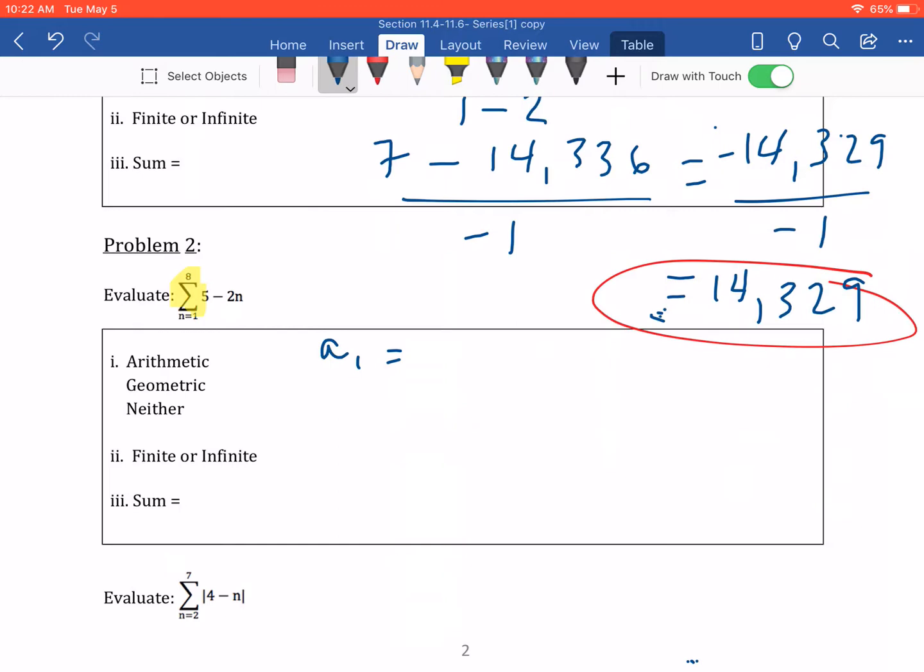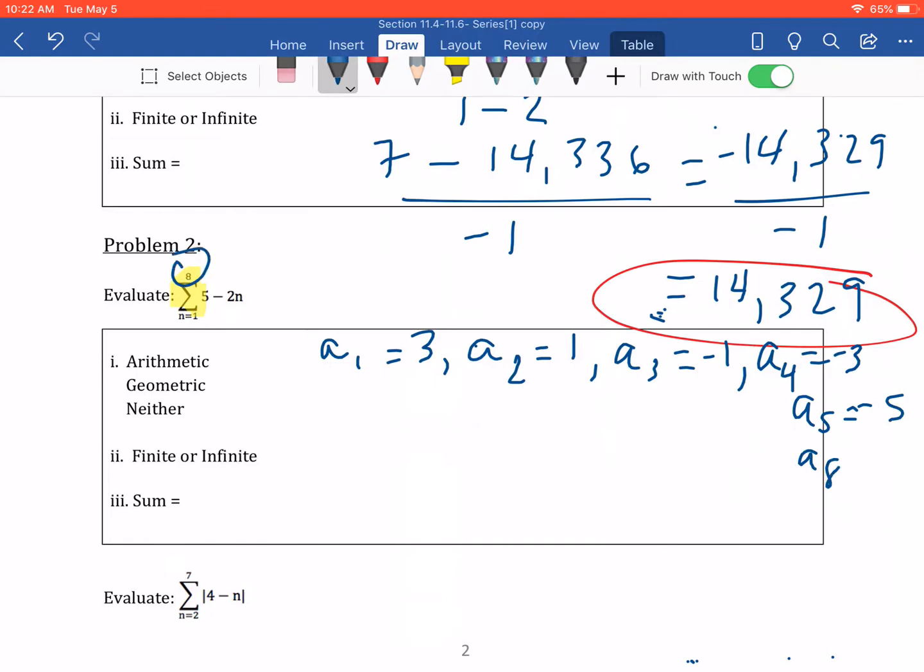is going to be 3, because if I plug in a 1 for n, 5 minus 2 is 3. A sub 2, if I plug in a 2 for n, 5 minus 4 is a positive 1. A sub 3, if I plug in a 3 for n, 5 minus 6 is a negative 1. A sub 4, if I plug in a 4 for n, 5 minus 8 is a negative 3. And if I do a sub 5, 5 plugged in for n, 5 minus 10